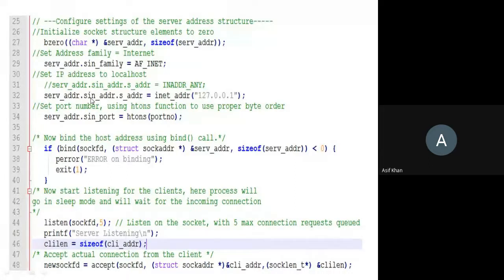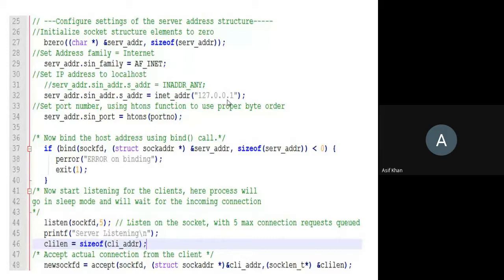It's a nested structure, I told you. So what value are we assigning here? 127.0.0.1 is assigned. This is the IP address of the local server. If you want to make your own local computer the server, you can use this IP address.